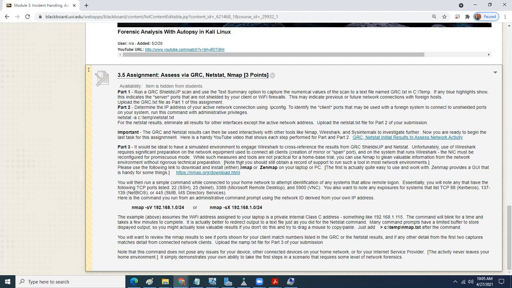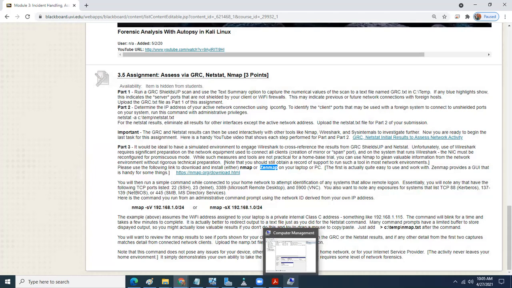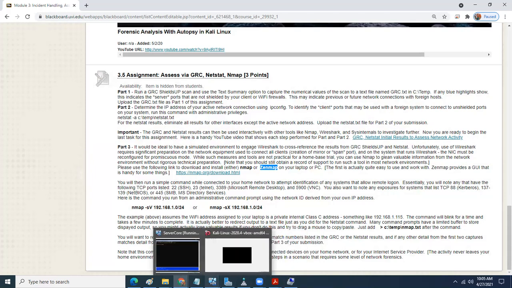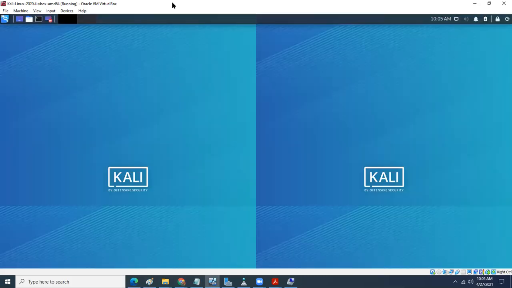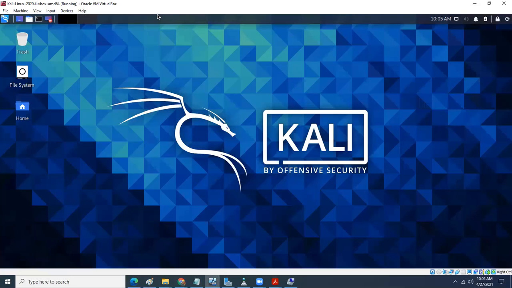And if you haven't loaded Nmap or ZenMap on your laptop or your desktop, you don't have to actually do this to complete part 3. Each of you should have access to Kali, right? And if you downloaded the appliance and installed the appliance, or if you downloaded the ISO and installed it directly and then did some of your own things,